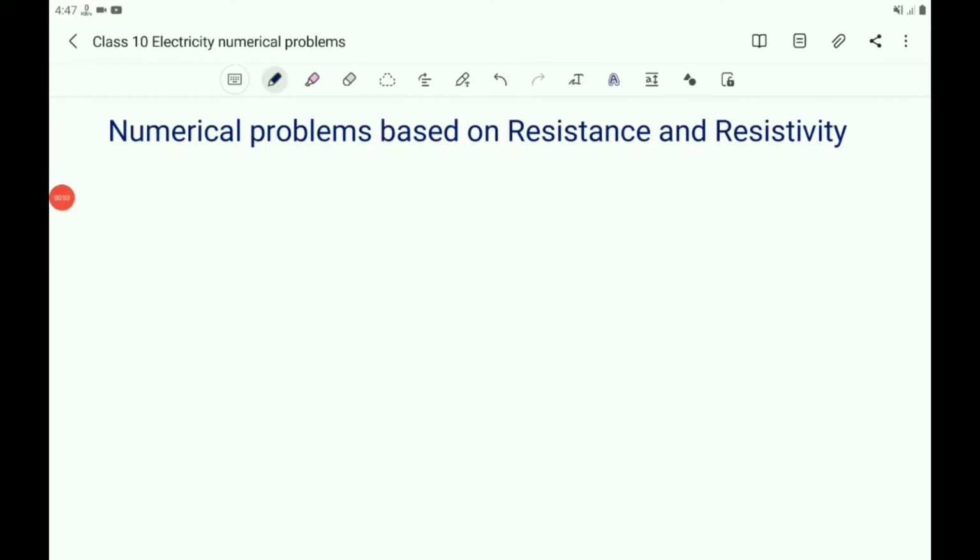Children, it is a continuation of the solution of the numerical problems in the electricity chapter. Now let us take the numerical problems based on resistance and resistivity. So you take the first question, calculate the